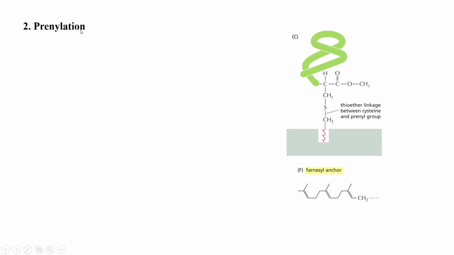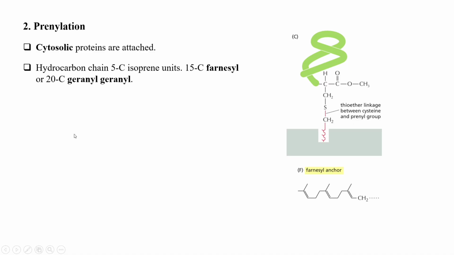Now let's talk about prenylation. In case of prenylation, as you can see, it is also cytosolic proteins that are attached. This is the cytosolic phase of the protein, so cytosolic proteins are attached with prenylation. In case of acylation, fatty acyl chains are attached, so it is called acylation. But in case of